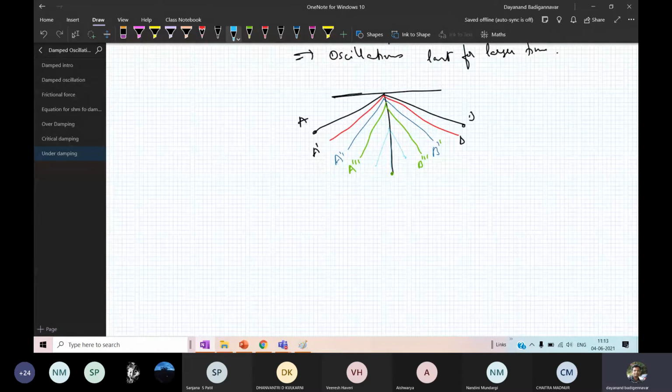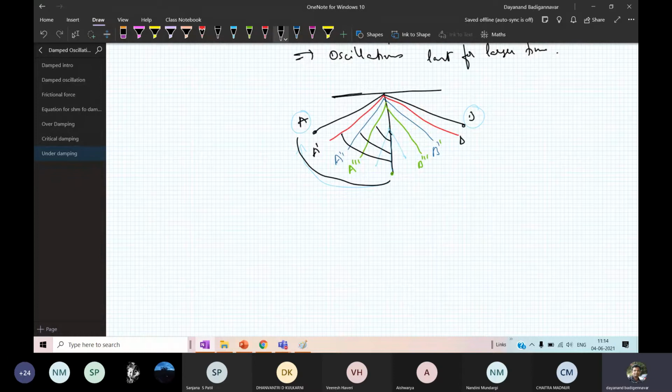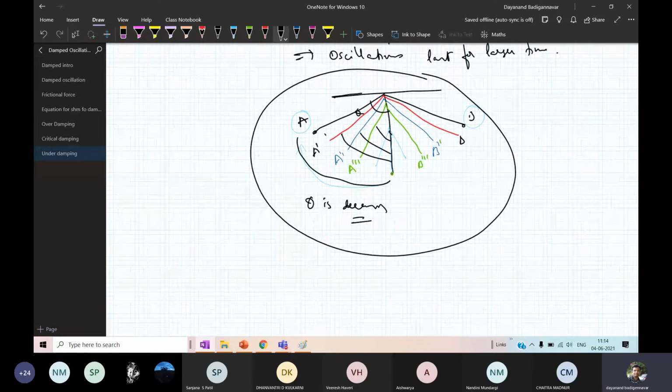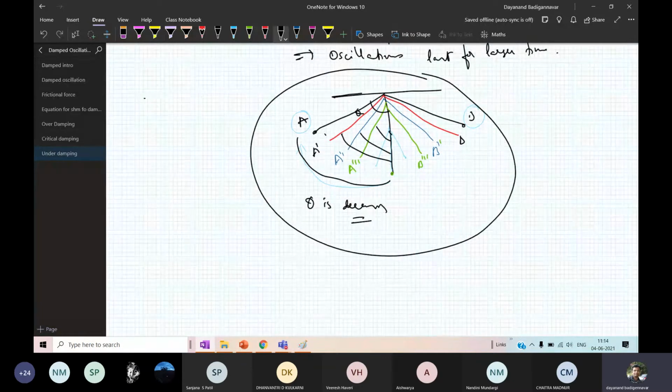So initially, the vibrations are between the points A and B. After some time, it is between A dash, A double dash, A triple dash, and so on. Look at this, in each case the displacement theta is decreasing. Therefore, such oscillations, where the displacement decreases gradually, we call an underdamped oscillation. Even you can take the case of a spring mass system